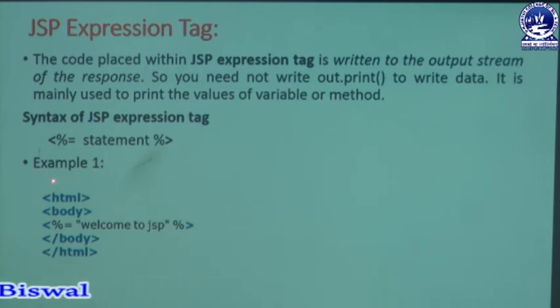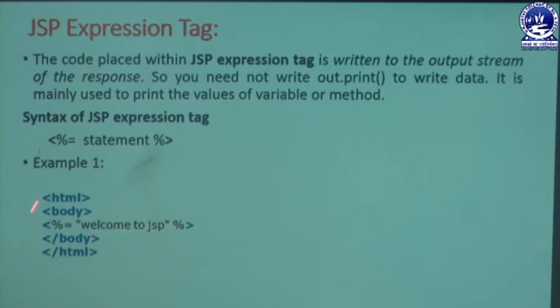Then we can discuss an example of how to use the expression tag. A simple example: we add the HTML tag, then the body tag, and in that body tag we write an expression tag, percent equals. In that expression tag we print a statement, welcome to JSP.